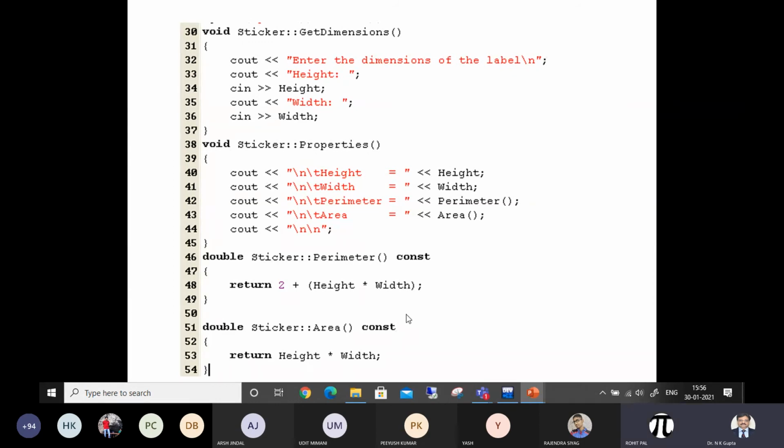Using const, we cannot change the height and width. Yes, because these are the data members, you will not be able to change them.